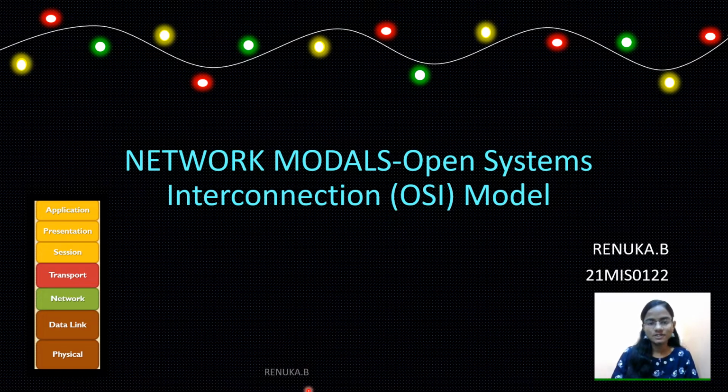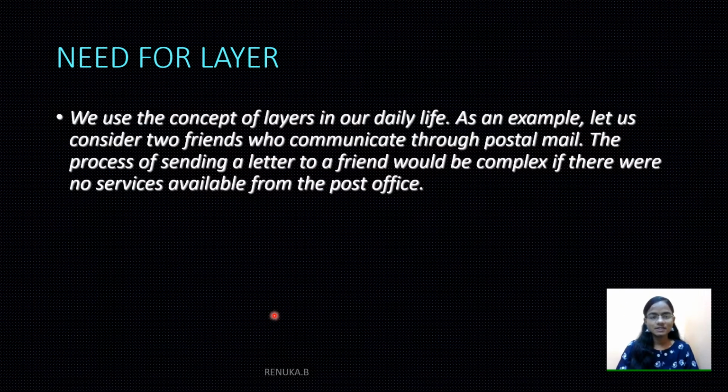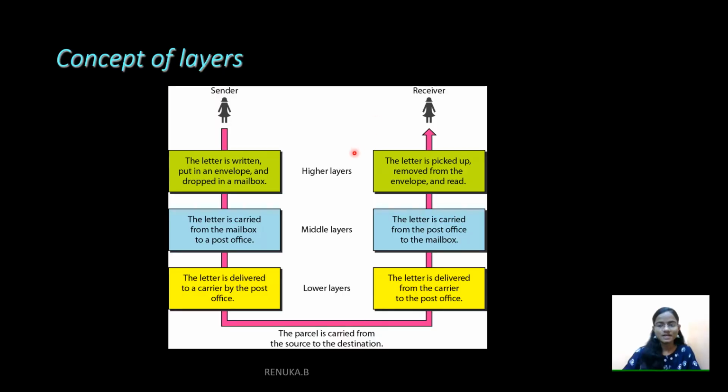Today we are going to see the Open System Interconnection, or OSI model. First, let's see what is the need for a layer. Let us consider two friends who communicate through post mail. The process of sending a letter to a friend would be complex if there were no services available from the post office. Similarly, in order to establish a successful connection between computers or networks, the 7-layer OSI model was introduced by